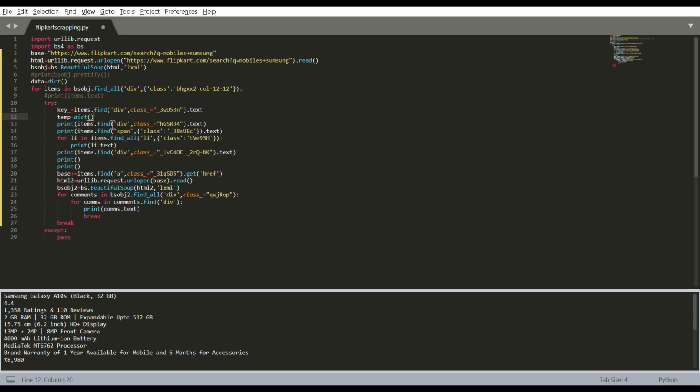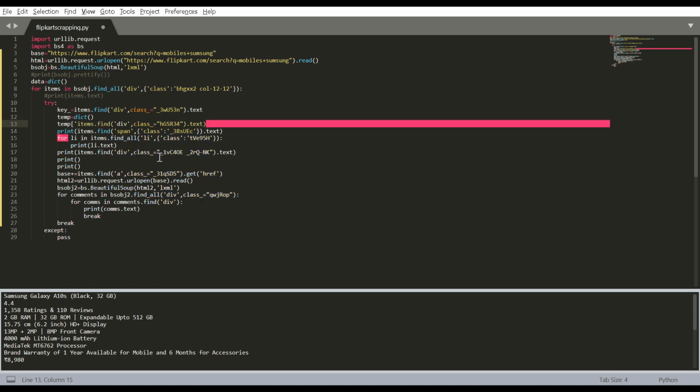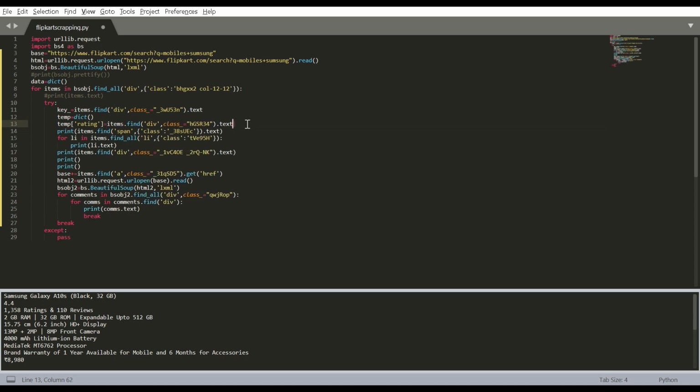What does this print? As you can see here, the second line prints the rating. So let's say temp of rating equals this. We can do that. Then the next is the reviews.